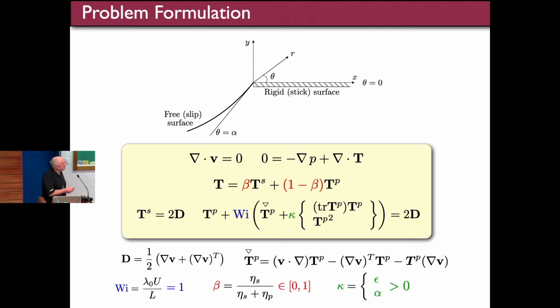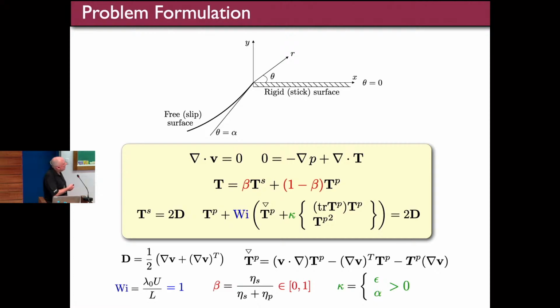So we're going to solve the usual equations: conservation of mass, conservation of momentum. It's slow flow, no inertia terms. And the stress is going to have two contributions. One is from the solvent part and the other from the viscoelastic polymer. So it's a Newtonian constitutive relation for the solvent part, and it's a constitutive equation of this form for the